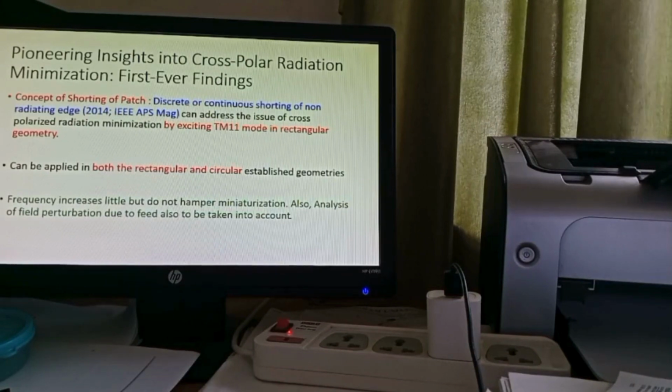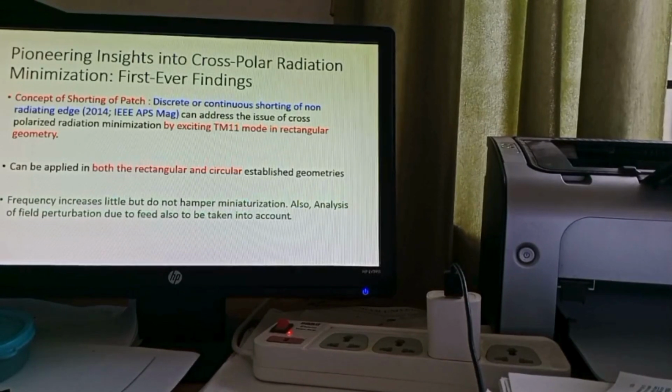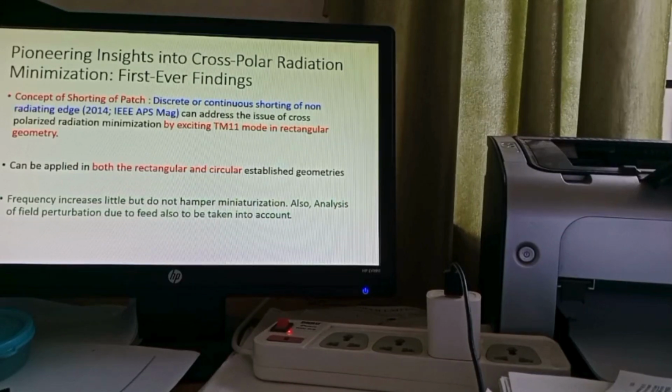Careful analysis has been done step by step. You can understand how the modes have been developed. So this is the concept of shorting patch, where we have used the continuous short. This technique has also been examined in rectangular and circular geometry, and here the frequency increases a little because of the mode conversion from TM10 to TM11 in rectangular patch geometry,